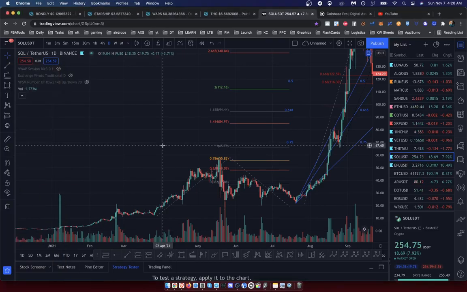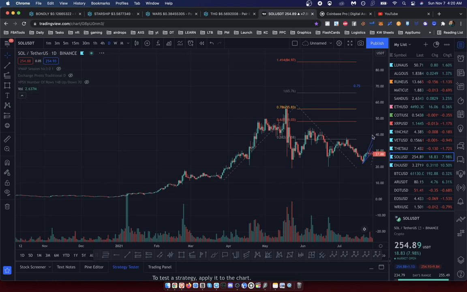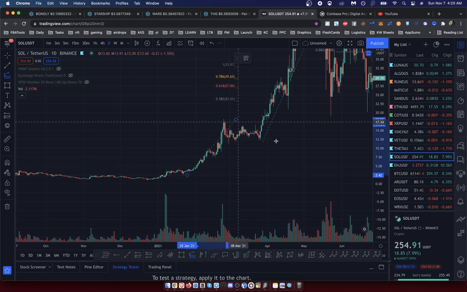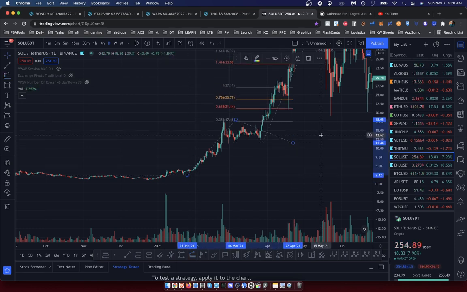All right, so I found something really interesting on the Solana chart, which I just want to go over, where I think Solana might go. So first, if we look at this initial pump, we could start right here. If we look at this pump from here to here, back down to, I'd say, right here,